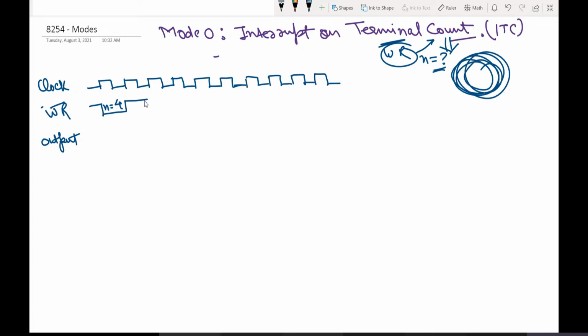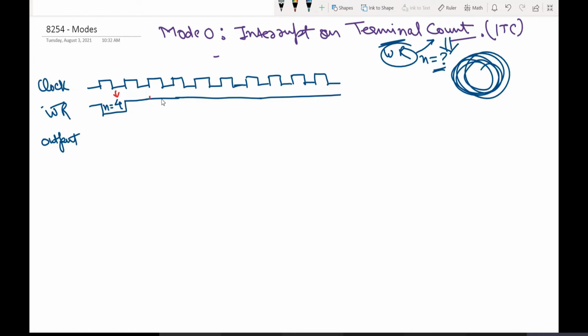The output of this particular mode, how it will come and how this mode works, this is just what we need to understand. I told you the counter works here on the phenomenon of down counting. How it is going to operate in this particular mode, see. You had better draw these things parallelly the way I'm drawing, otherwise you will not understand that. So once the 4, which is your count value, has been loaded,